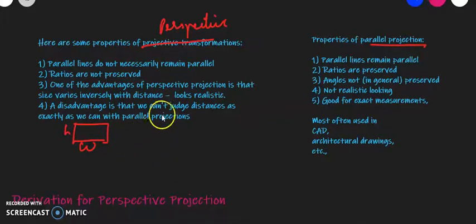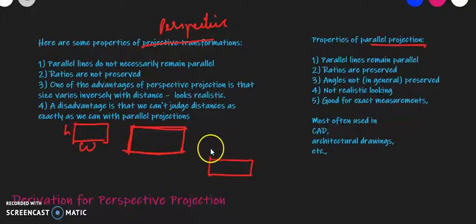So if I say that I am having a rectangle in case of perspective projection, and the ratio is something like this, that the width is more than the height. So ideally, the width and height ratio in my output could be different. It could be this. So this will be my 2D image of the resultant 3D real image that is available to me. But then when I pick up parallel projection, the width and height ratio is maintained very properly. Okay, so the advantage of perspective projection is the size varies inversely with the distance.